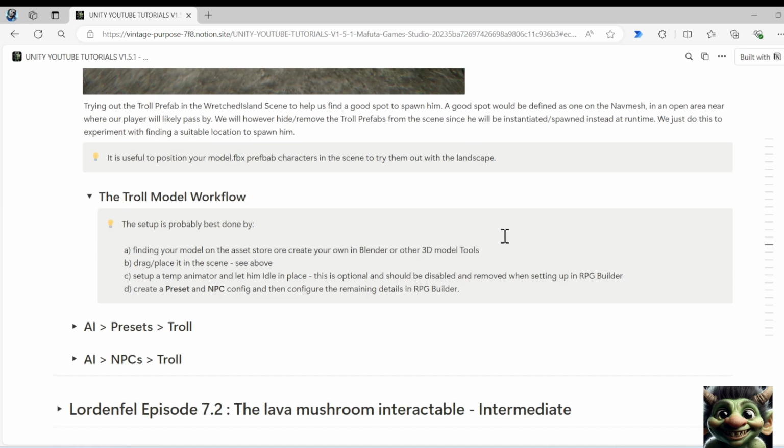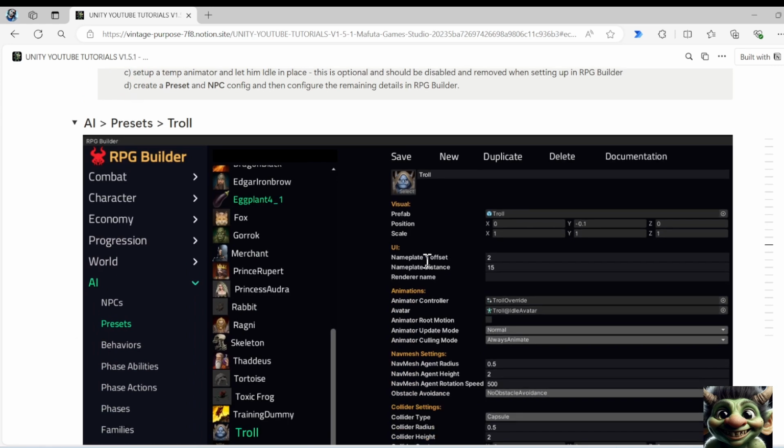So the workflow summary is: you find your model on the asset store, or you create your own in Blender or another 3D tool, you drag and place it in the scene to see what it might look like, you set up a temporary animator, which is optional, and you let him idle in place. We didn't even do this, we just put the static model to see what it would look like. Remember to disable this and remove it when you're ready to set up an RPG builder, however. So then we're going to start by creating a preset, assigning the preset into the NPC configuration, and configuring the remaining details. So looking at the presets,